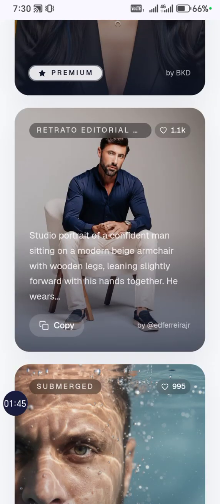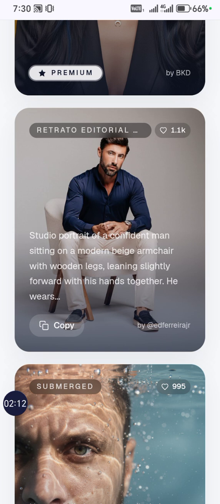Okay, I like the editorial portrait guy with the blue shirt and the white trouser there. So we're going to use the background of this picture or this template. It will also come with the clothing the guy is wearing. So your picture will look like this gentleman.